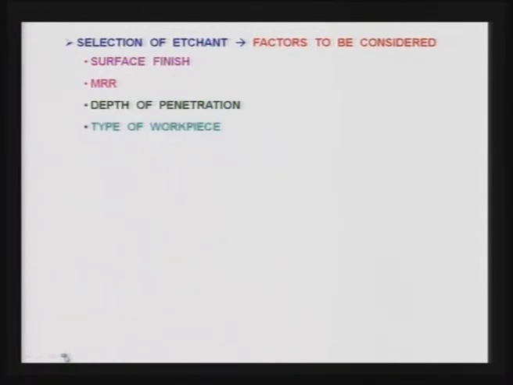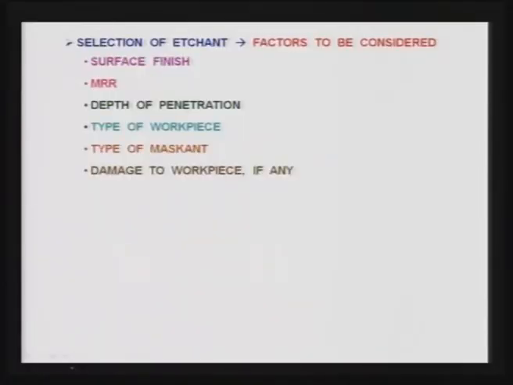depth of penetration, that is also an important factor to be considered, type of the workpiece. Definitely the etchant should be able to chemically react with the workpiece and dissolve the workpiece material, and what type of maskant is being used, because the etchant should not react with the maskant, otherwise you will not get the desired workpiece after machining, and it should not damage the workpiece in any way.